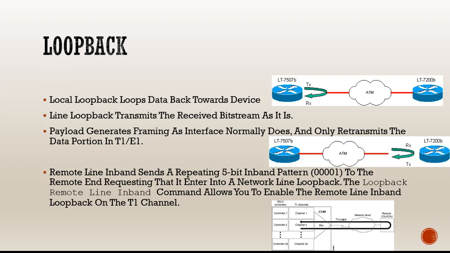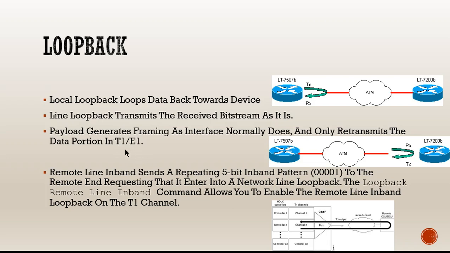We can do a couple of things with loopback with configurations, and these kind of show this here. Transmit and receive, we send something to ourselves, and this is to check the NIC. Is the transmit working and is the receive working? Line loopback transmits the received bit stream as it is, so it just sends a bit stream. And then we can do a payload, which generates a frame as it normally does, and only retransmits the data portion,